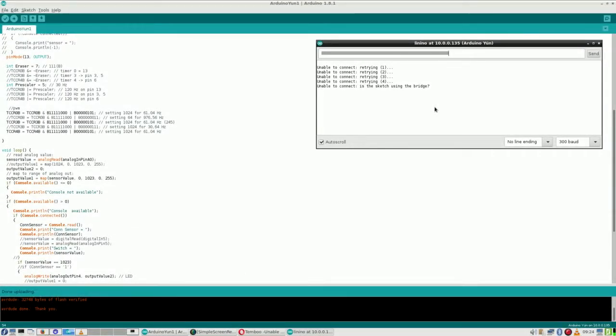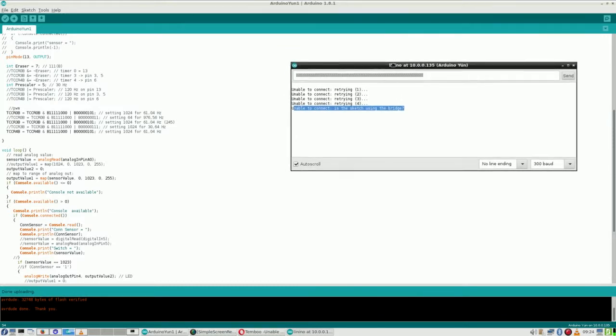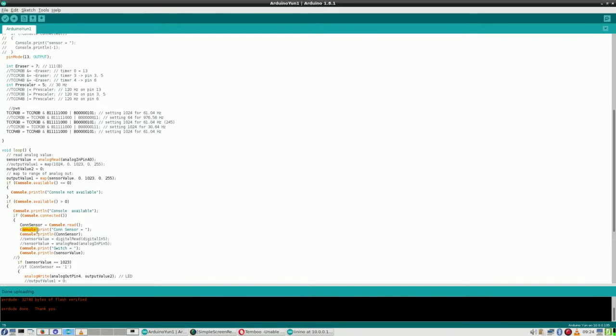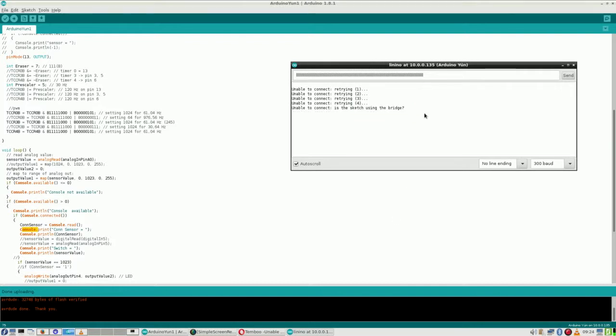According to some info I found on the web, this message is because it lost connection to the Yun over the internet, because the serial monitor, or more appropriately the console, is using IP, which means internet, and it apparently lost connection with the Yun over the internet. So what I want to do,